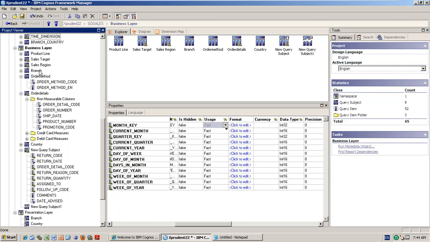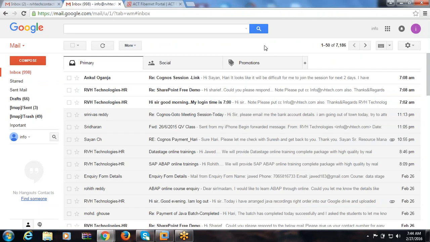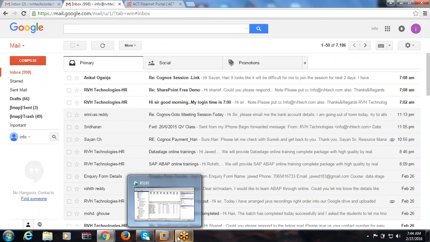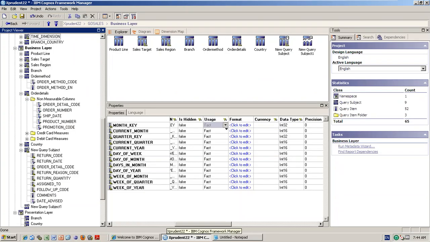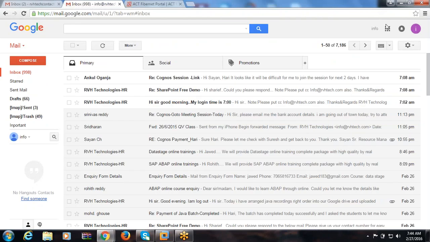L means fact table, otherwise it is a dimension table. Any questions? Understand, everybody?